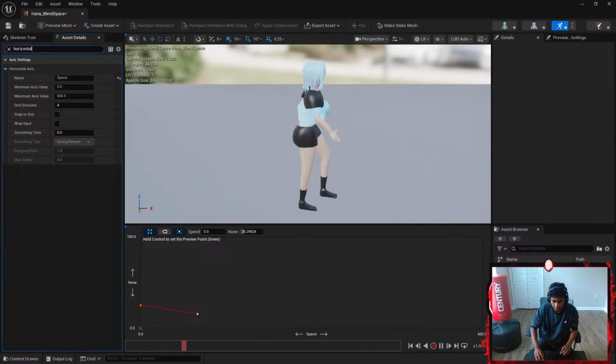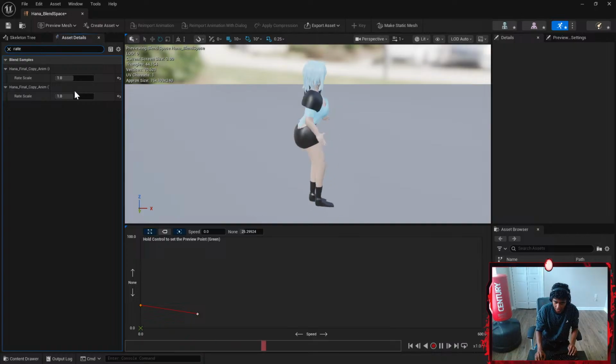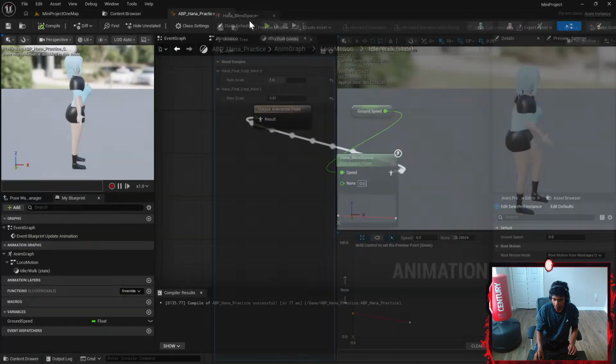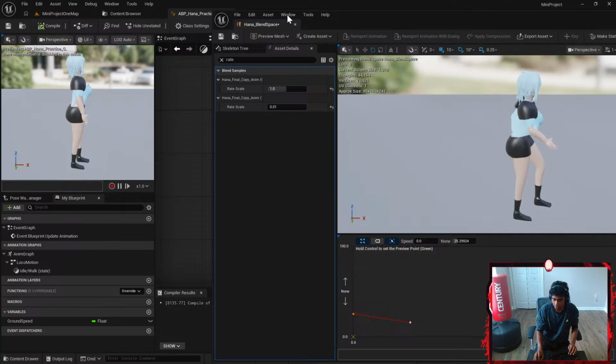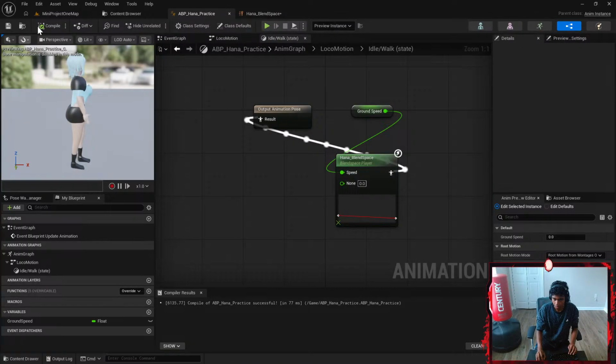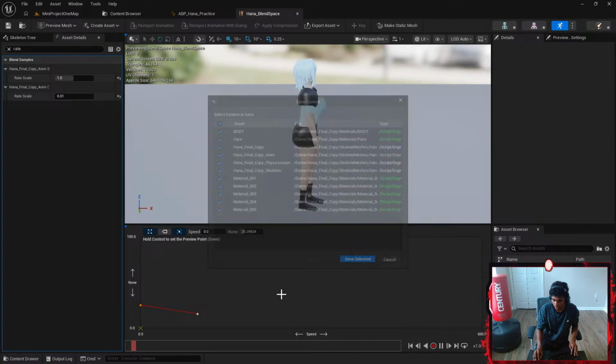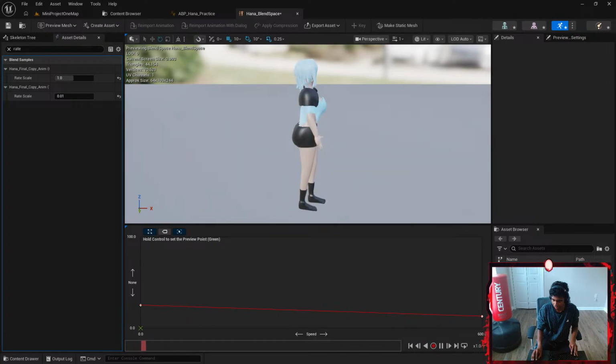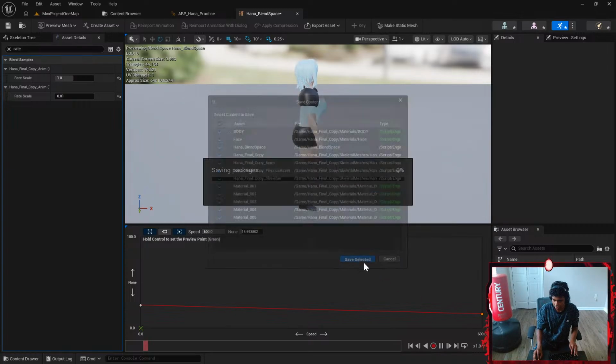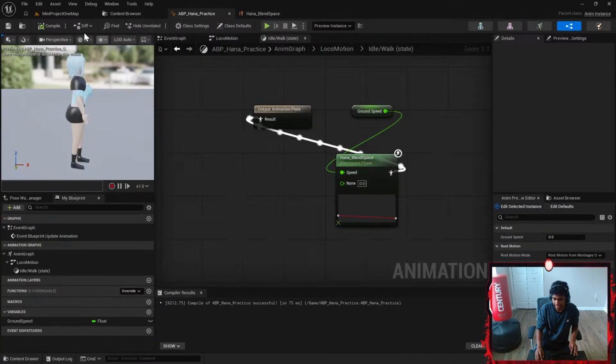I'm gonna go with rates. Okay, rate scale, this is gonna be 0. And then we go here. I'm gonna compile. Did I save? Oh, I didn't fully save this. Hold on, how the hell did this come here? Let's go with save. And now if I compile,